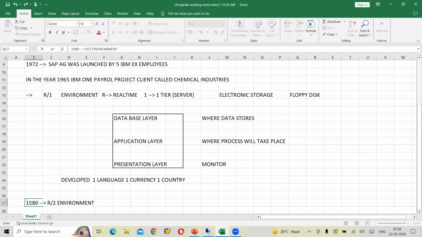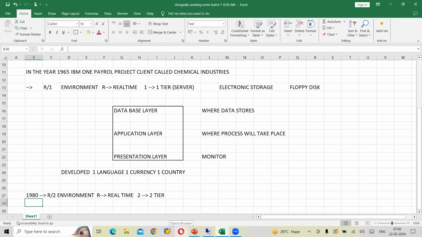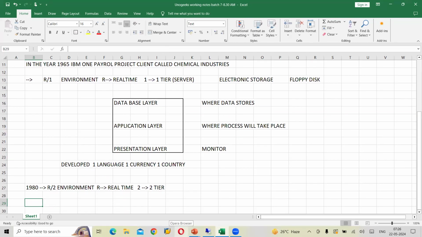Okay. R is nothing but real time. And 2 is 2 tier, or 2 servers. So what they have done is, they came up with this particular environment, they developed